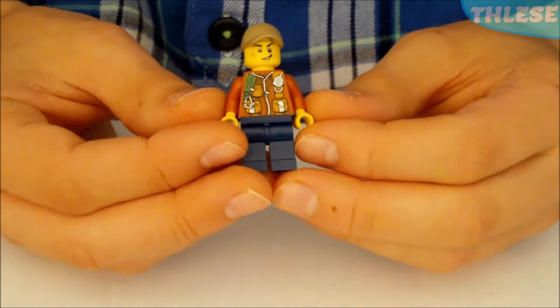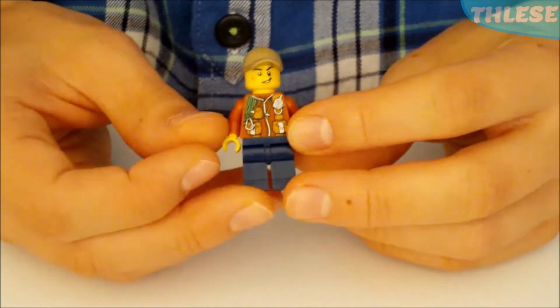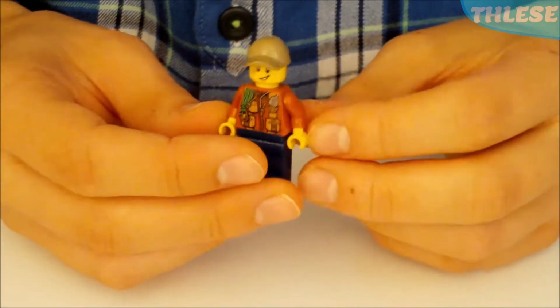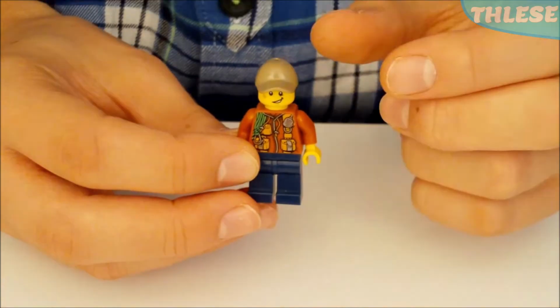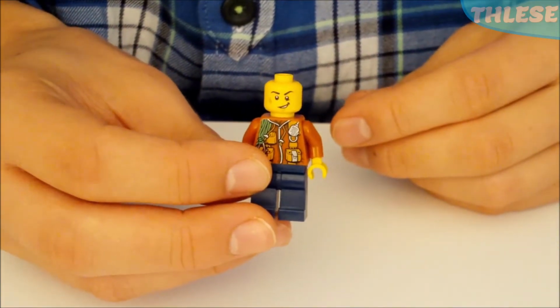This set comes with 3 minifigures, and the first one is this really handsome looking jungle explorer with the kind of nougat colour top, the blue legs, and he's got some green rope around the side and a radio following onto the back with more green rope and kind of straps on his back. He has one of those dark tan coloured caps, and here's a better look at his face with a scar